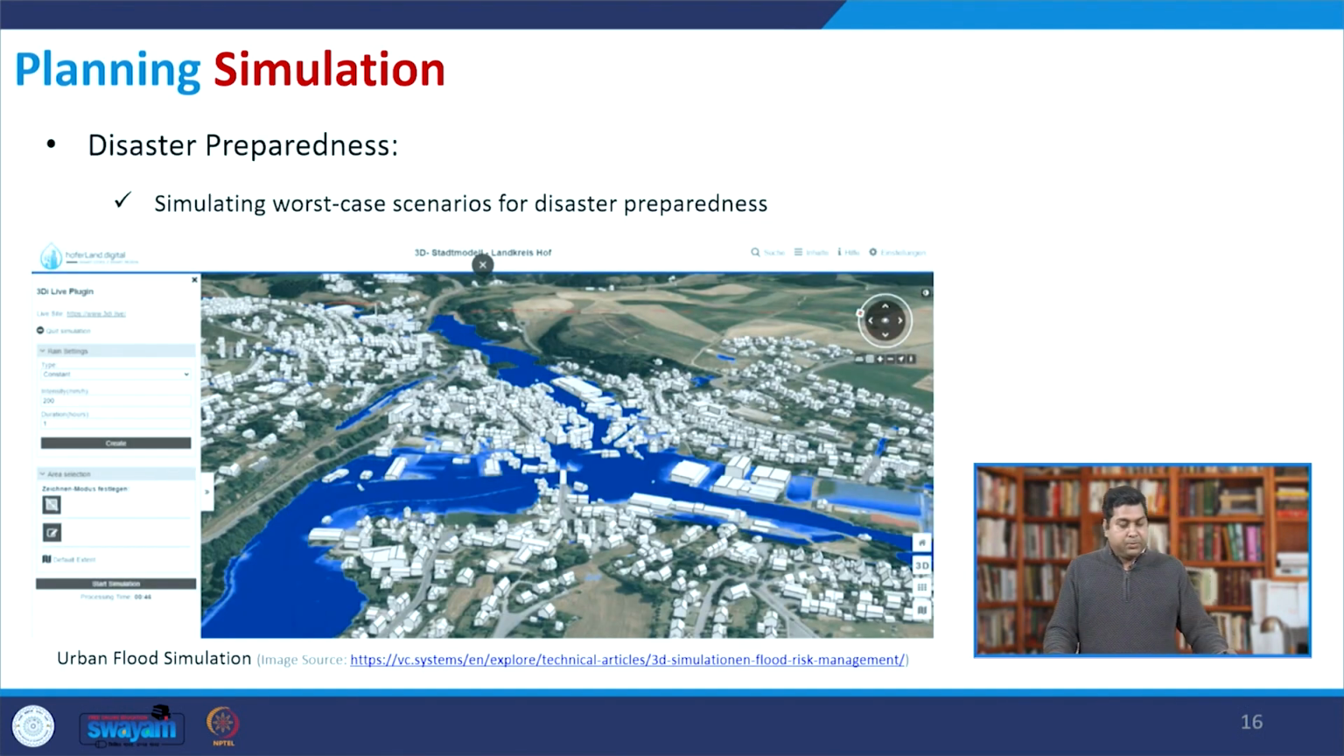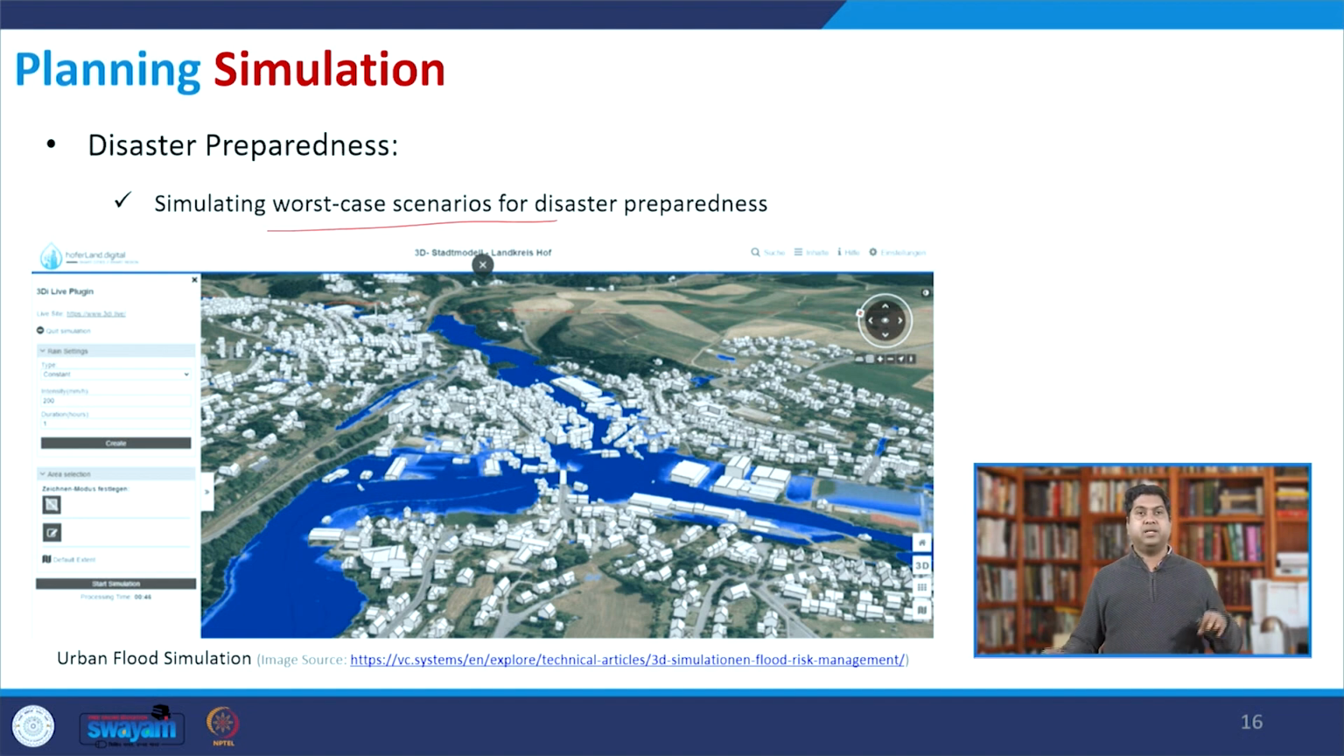Now this is a very important and interesting slide where, through simulation, you can also see the possible disaster that may happen due to certain sort of natural calamity. Disaster preparedness is something where we can apply simulation. It is simulating the worst case scenarios for disaster preparedness. So in this particular image, you can see an urban flood simulation,